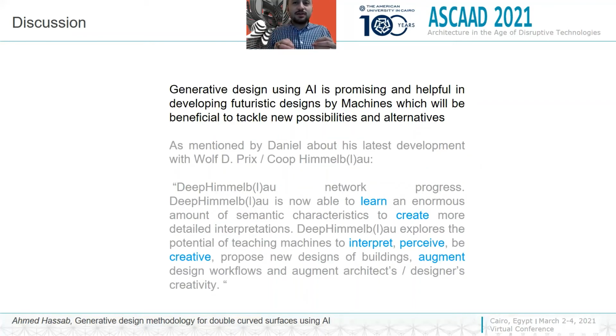Generative design using AI is promising and helpful in developing futuristic designs by machines, which will be beneficial to tackle new possibilities and alternatives. And this quote from Daniel Pluyan about the Deep Himmelblau they are developing nowadays. He mentioned that